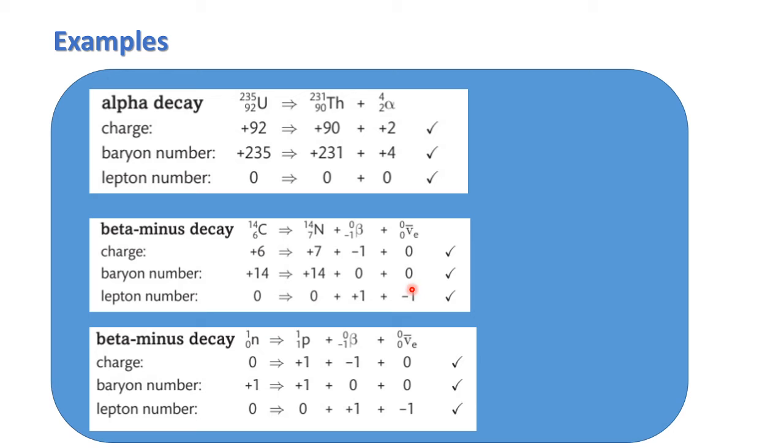Now here is a different thing. Here we have the electron antineutrino. The anti-electron neutrino has a lepton number of -1. Its charge is 0, but the lepton number is -1. Like that, you have to have an idea and focus. Don't confuse charge with baryon number, lepton number and strangeness. You have to be very specific about what you are considering. Based on what you consider, please focus and then decide. So this example also you can go through.